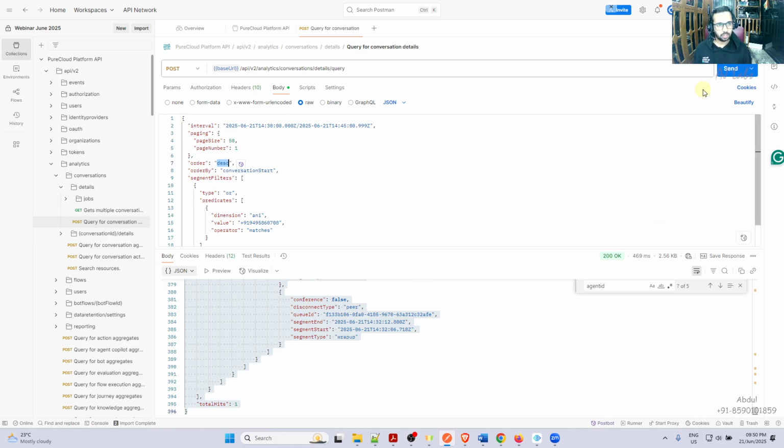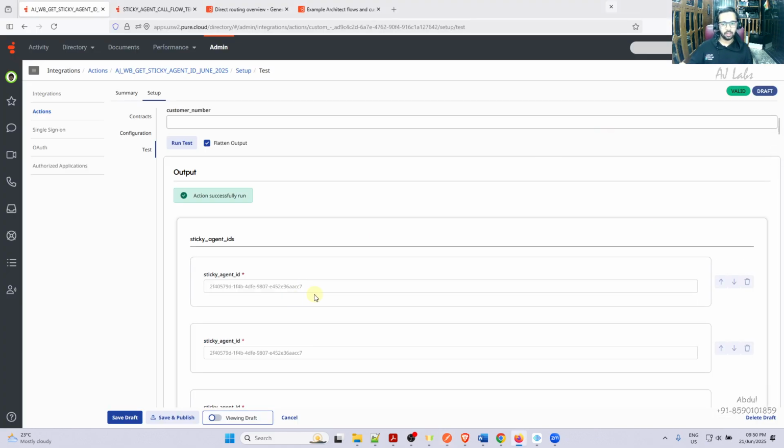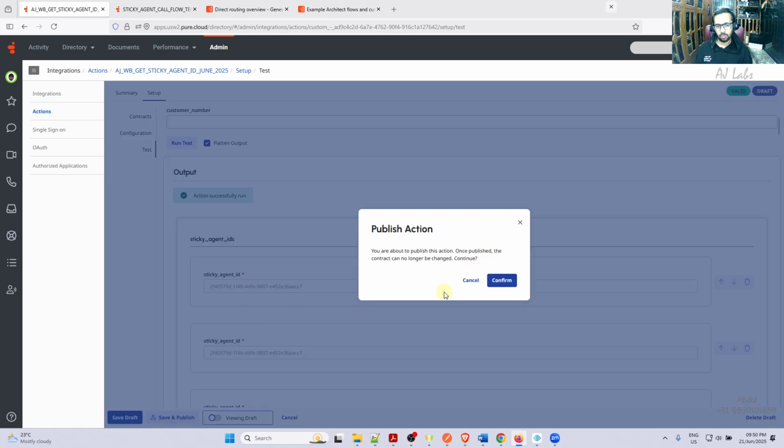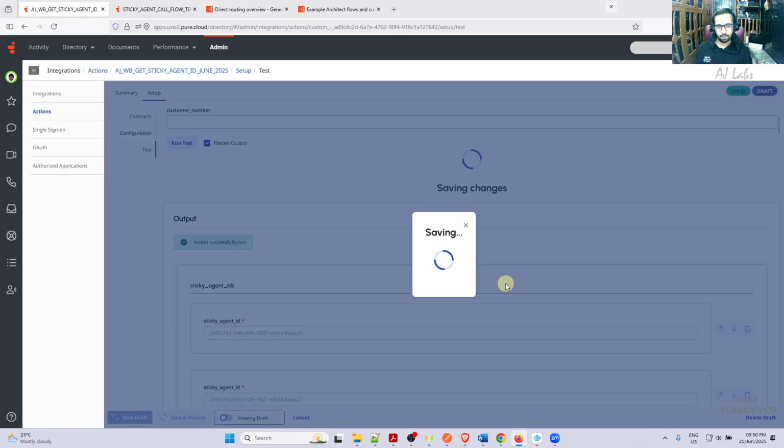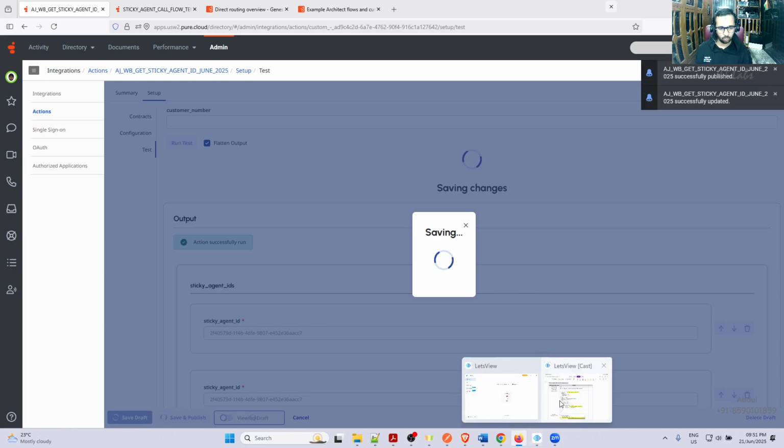Okay. All right. Yeah. Thank you. So here that problem will not happen because the parameter will always be in a specific descending order. So once we have all these APIs configured, I can go ahead and publish this. Once you save it, you cannot come back. So I will confirm and save. We are successfully done with our